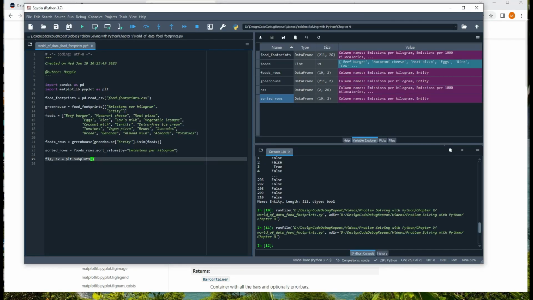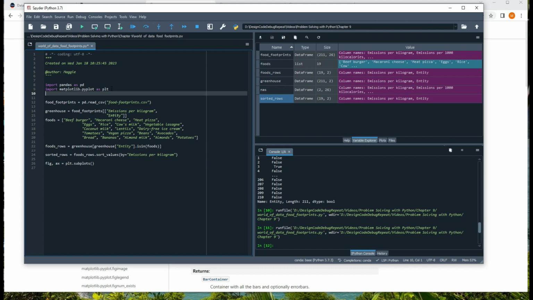For my code, I'm also going to import a color library so we can have different colored bars, although I'm not sure what colors are being used in the plot we're trying to imitate. I'm not going to worry too much about getting the same colors, so I'm going to put at the top import matplotlib.colors as mcolors. And then at the bottom, after creating fig and ax, ax.barh, open parentheses, and for the y-axis, sorted rows,